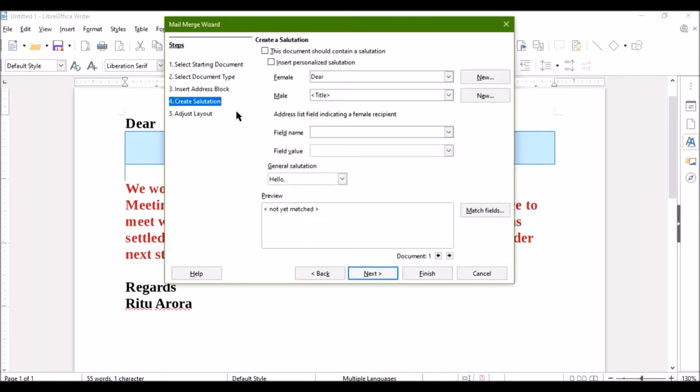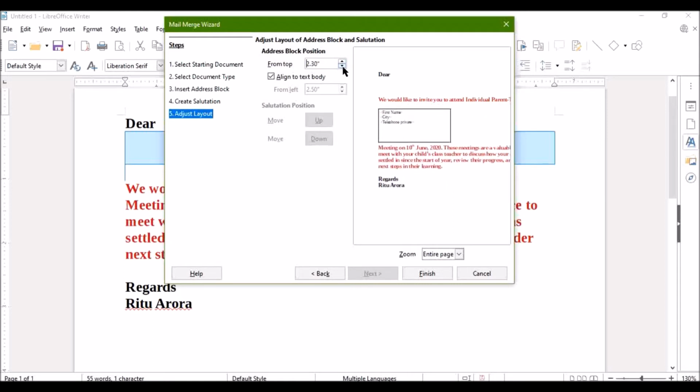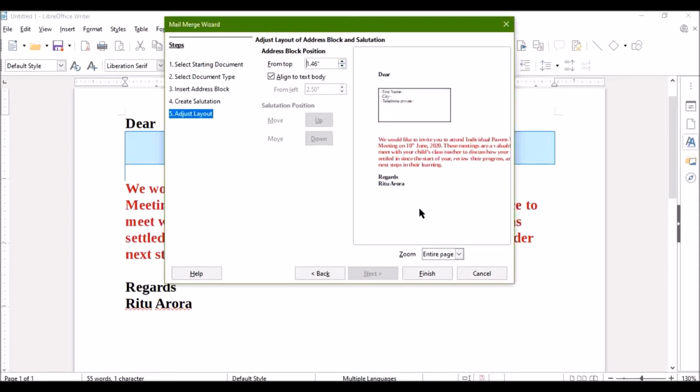Now here salutation is there, whether you want to include Dear, Mr, whatever you want. So right now we are not including any salutation, so we'll just leave this option. Then the layout, where you want your address list option to be present. Now here you can see that it is at the bottom, but we don't want it at the bottom, we want it on the top. So you will just go ahead and shift it and keep on dragging it, and then you can see that it appears on the top. Slowly it will just appear over here. Now this has come over here. Okay, now this is the position that I want.